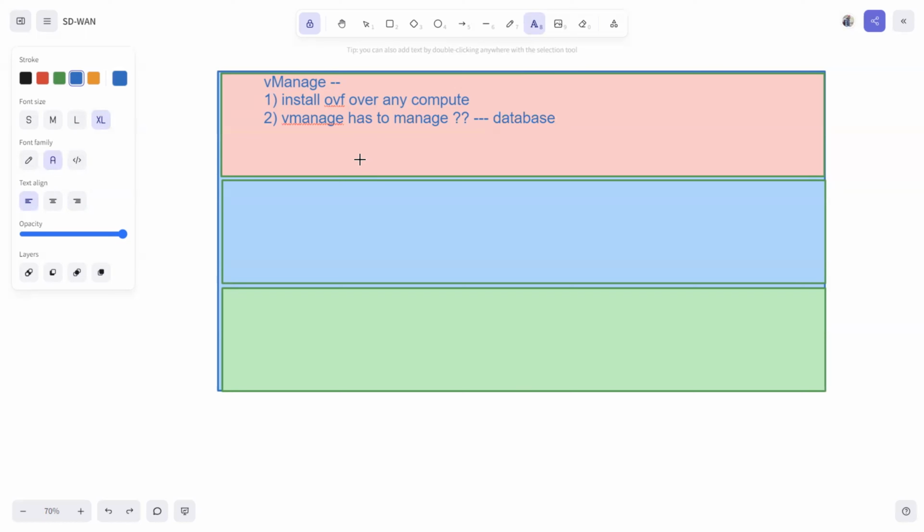Now within that database, it may have a configuration database, some backup database, device statistics databases, network configuration databases, and so on. But the point here is that it has a database. Now, if you have a database, you need some storage. That means if you want to bring up VManage, what you need is